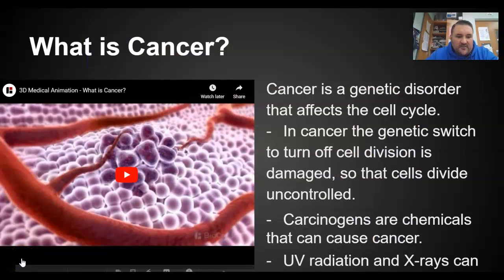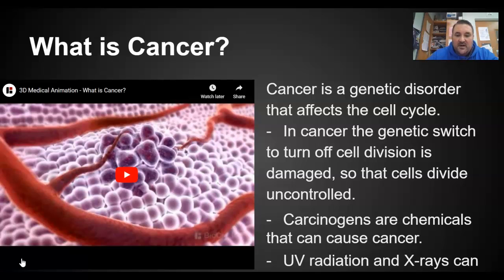we still have to kind of cover here cancer. Cancer is a really tragic genetic disorder where the switch to turn certain genes off becomes broken. So every cell has the genes that tell it when to start to divide. There are also genes that tell it to stop dividing. If cells become injured, we divide, we make new cells to replace the ones that are injured. Another gene tells those to stop. In some cases, the switch that tells the gene to stop is broken, and that allows those cells to divide